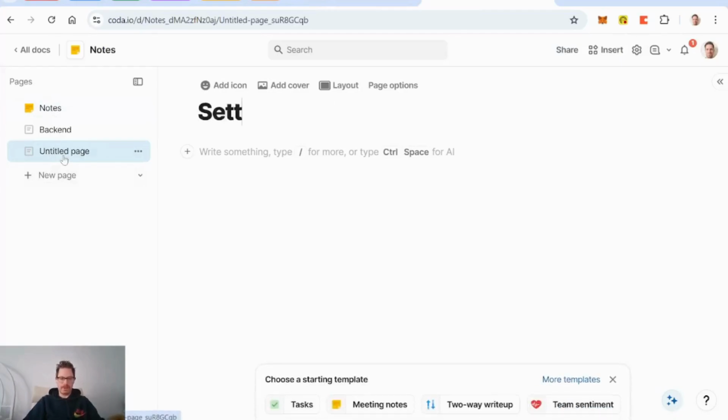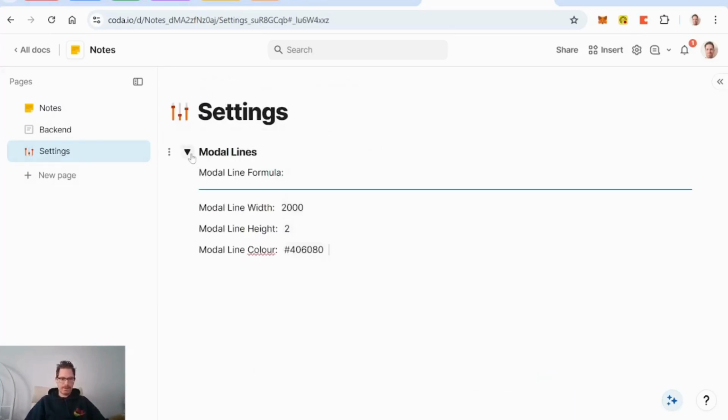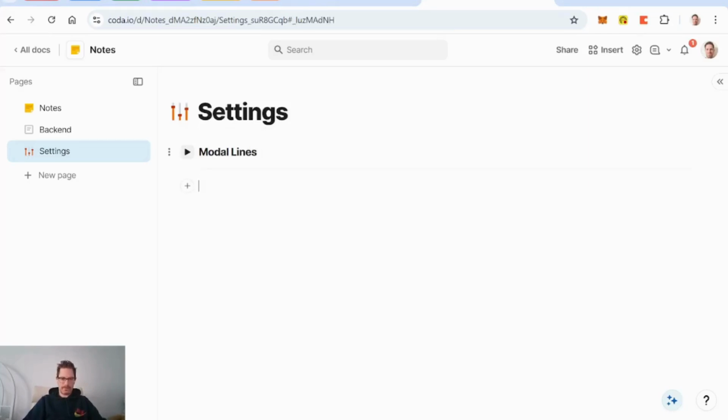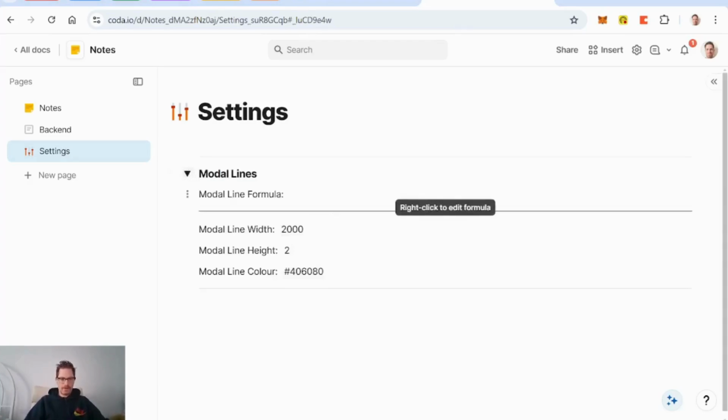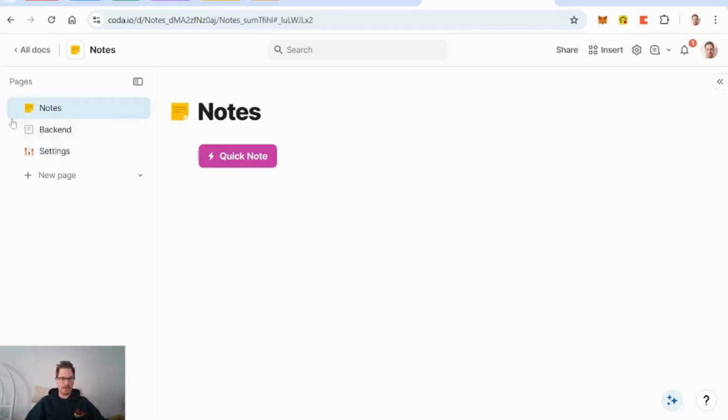I'll call this make a new page for settings. And all it does is it's a rectangular formula that says here's the width, here's the height, and here's the color, because then what we can do is within our